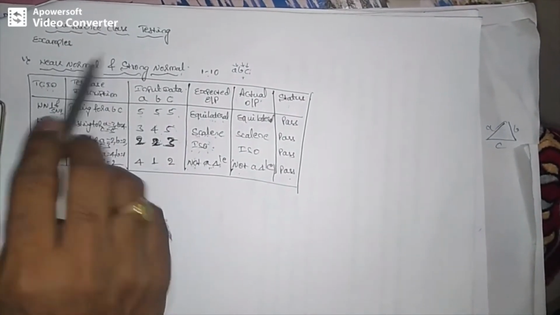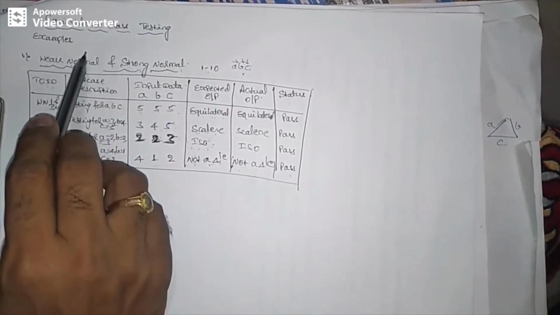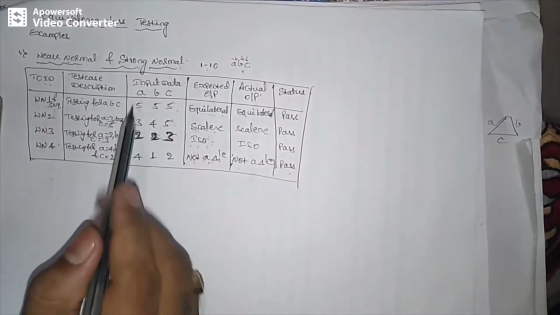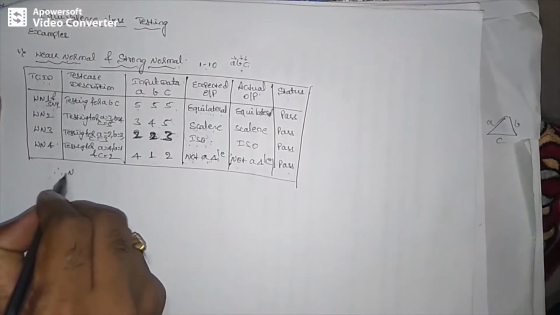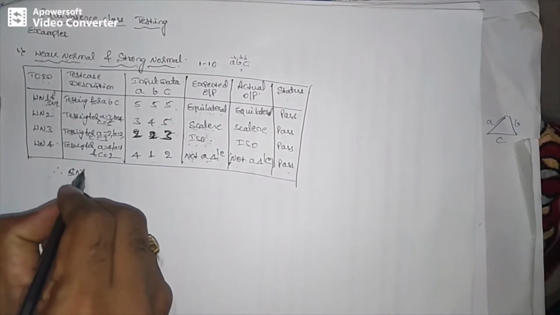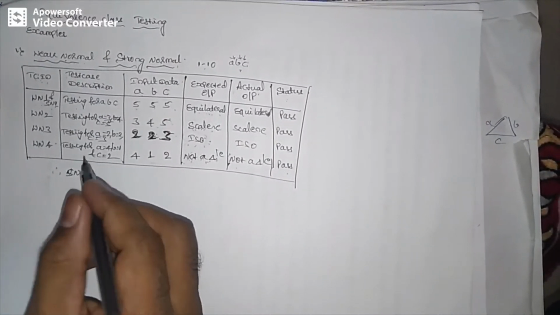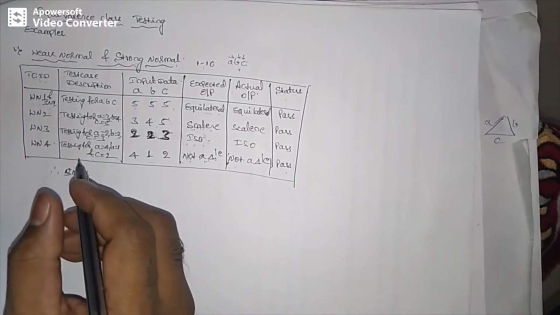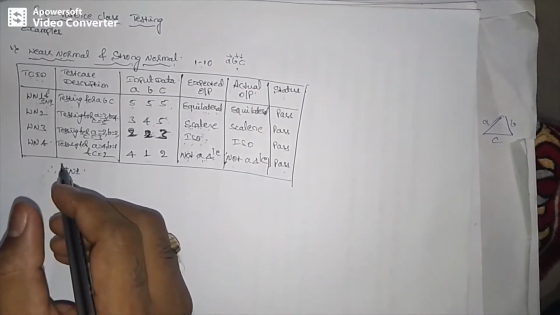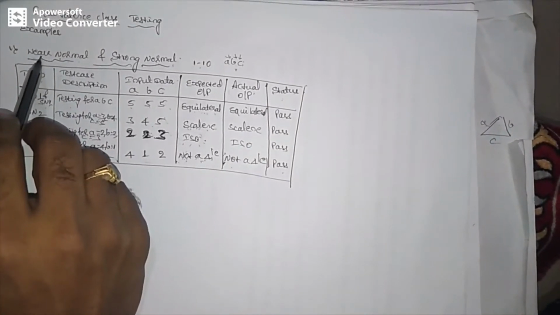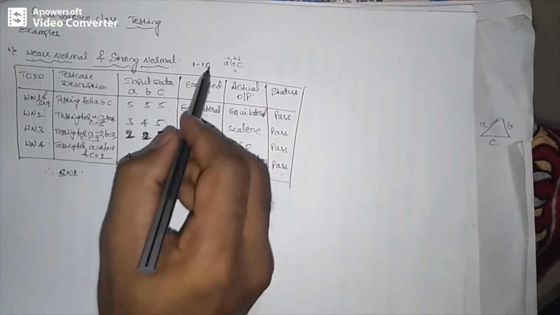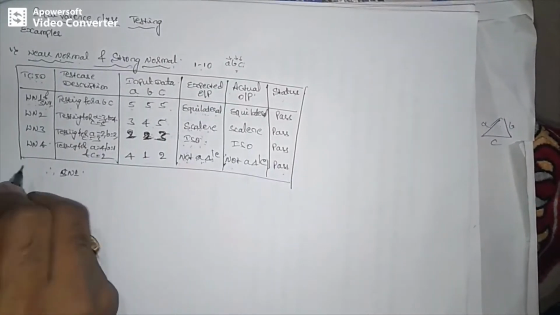And here also we are specifying valid input variables, here also we are specifying valid input variables. Therefore, whenever you are writing the test cases for strong normal, you can write one statement: the strong normal equivalence class test cases are identical to the weak normal equivalence class test cases. This is about how we can write the test cases for weak normal and strong normal test cases for your triangle problem.